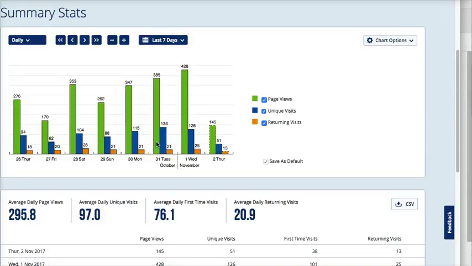But generally speaking, for an e-commerce site, we want to see something somewhat like this. If we have a product to sell, returning visitors are always good. We want to see some of that, but we want to see a good number of unique visits to the site each day. And we want to see the page views generally about 3 times the amount of visitors or better, okay?